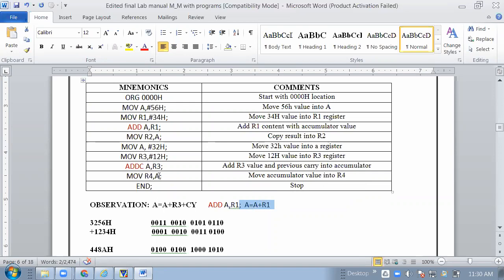So after that your transfer is to R4. R3 contains the lower byte, which is 8A, and R4 contains 44. There is no 16-bit register present in the 8051, and in the 8085 also. All registers are 8-bit registers. Only the stack pointer and program counter are 16-bit. Okay, understood?